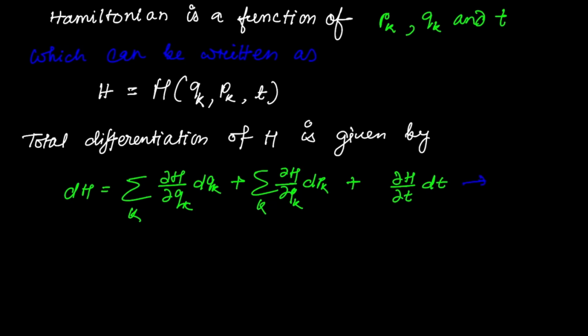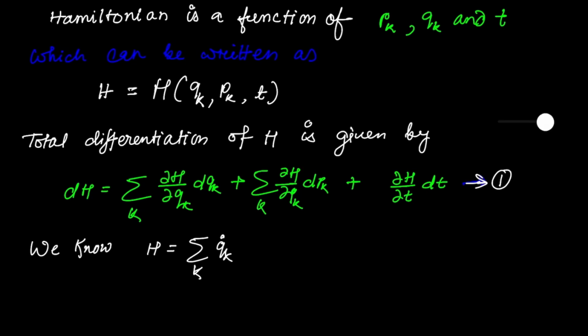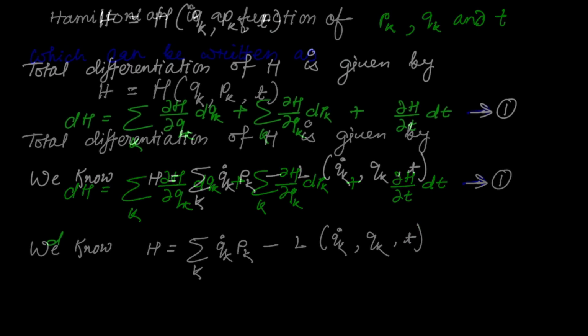So this is the total derivative of H. Now you see, we know that this Hamiltonian H is also equal to the summation of qk dot pk minus the Lagrangian L, which is a function of qk dot, qk, and t. Okay, now from this expression,